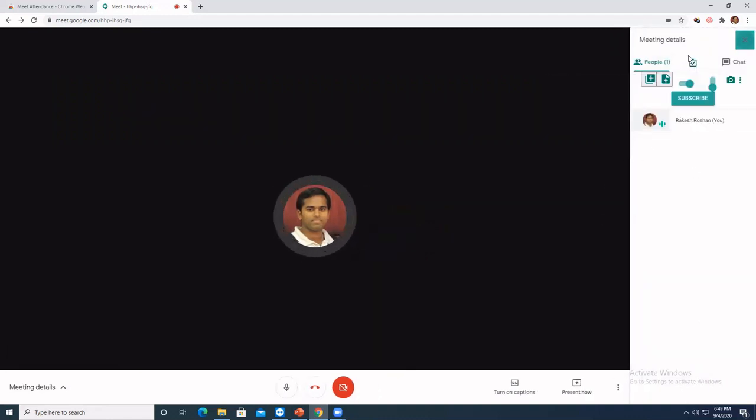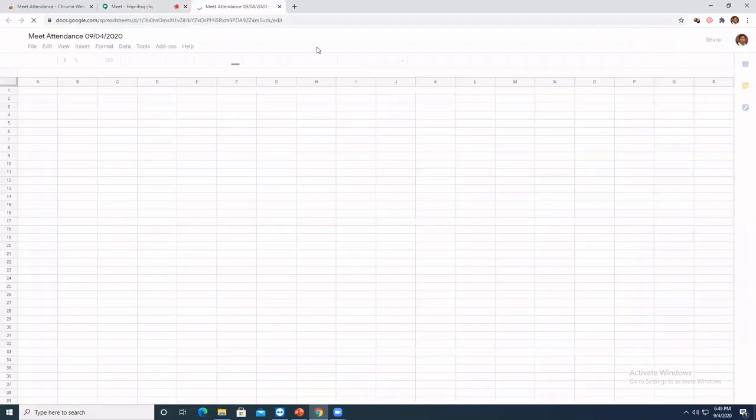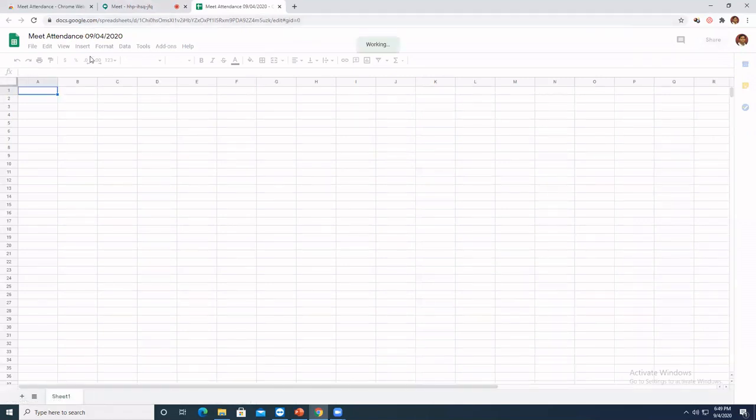Now you can see here. Can you see one? Next to people, you can see one tick mark there, like a pad thing, and then a tick mark. So now this has come now because of the Chrome extension that we have put. So right now, if I see people, only I am there. So when I open this, it will take me to meet attendance. So who all attend this meet? All the data would be recorded here.